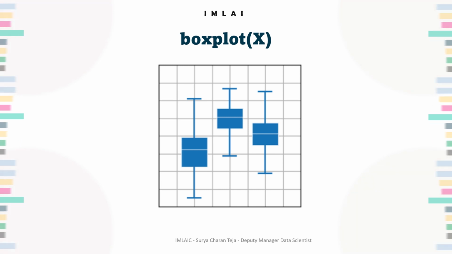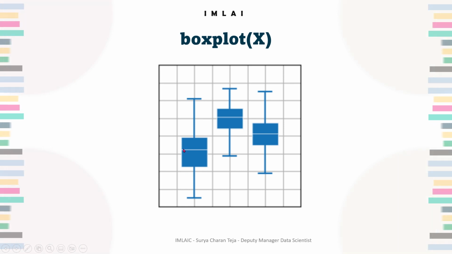And the median value, as I told you, is the middle number in a range of numbers. So these are the main five components: the minimum value, then the second quartile, median value, third quartile, and then the maximum value. So that's how